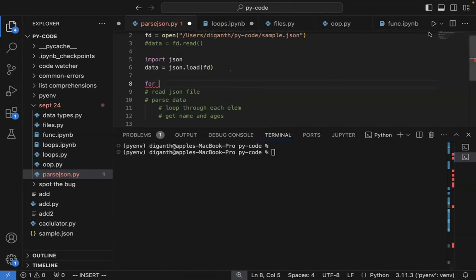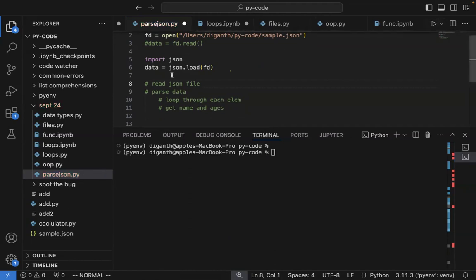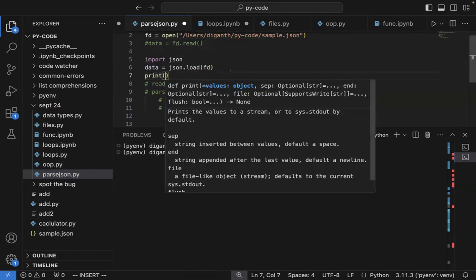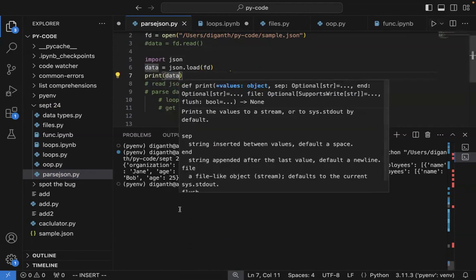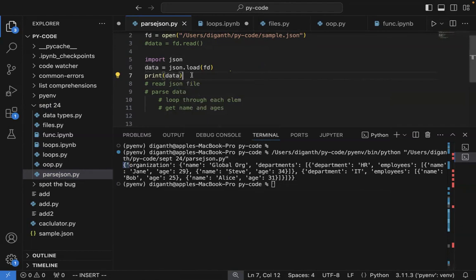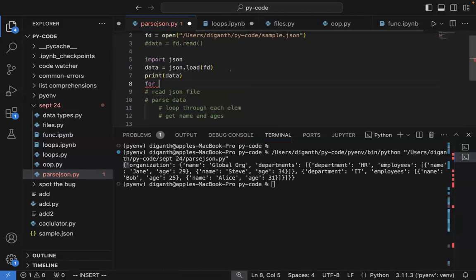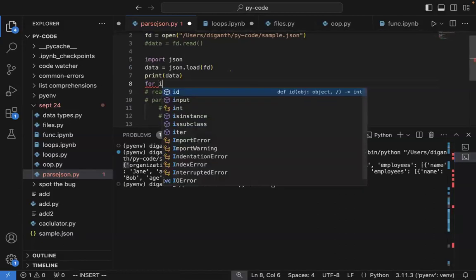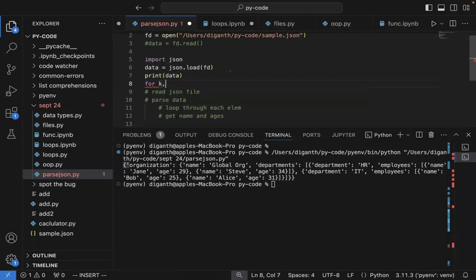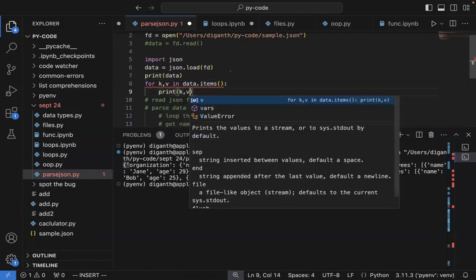Even if you don't know, you can print and come to know that, right? So for example, I'll print this data. You don't have to remember anything at all. So this is a dictionary. In order to parse the dictionary, I can do something like this. If you have done the assignments, you get a key and you get a value, for key, value in that particular dictionary, which is data, I can do items. Yes, is it items? I don't know. Print a and